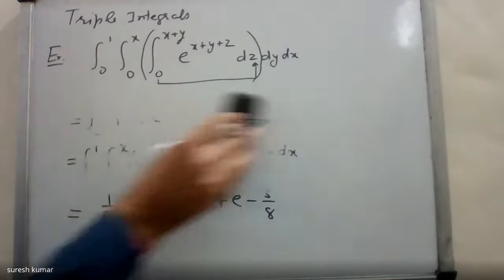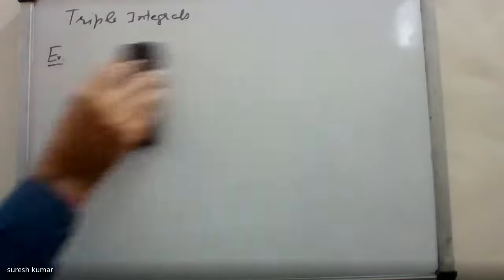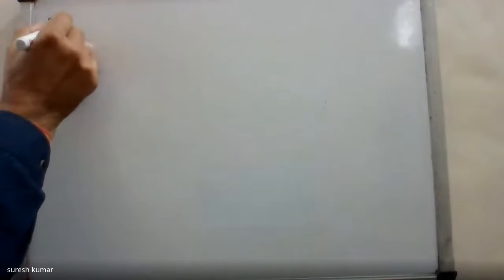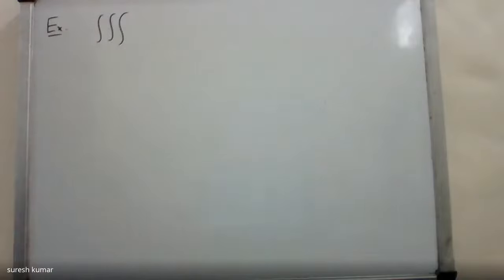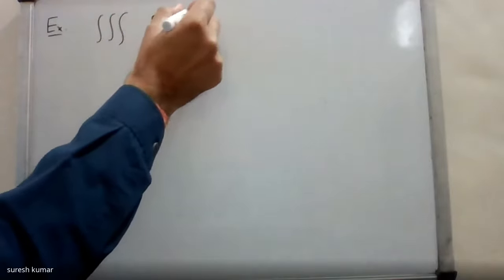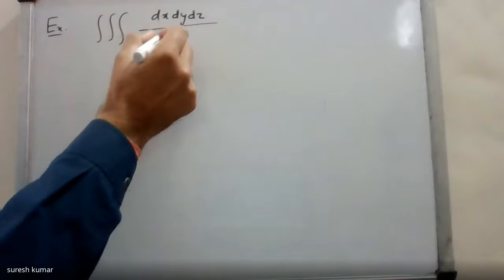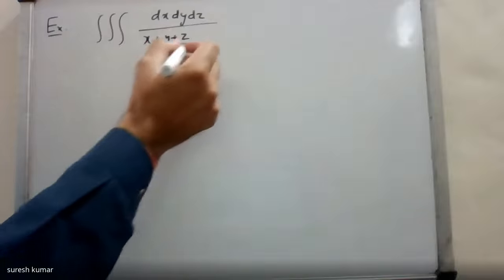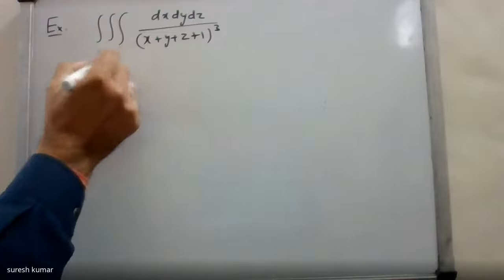Now let's consider a problem where limits are not given, rather the region of integration is given. Means how to decide limits in a triple integral when region of integration is mentioned. Solve this triple integral: dx dy dz over (x plus y plus z plus 1) whole power 3, over a region D,